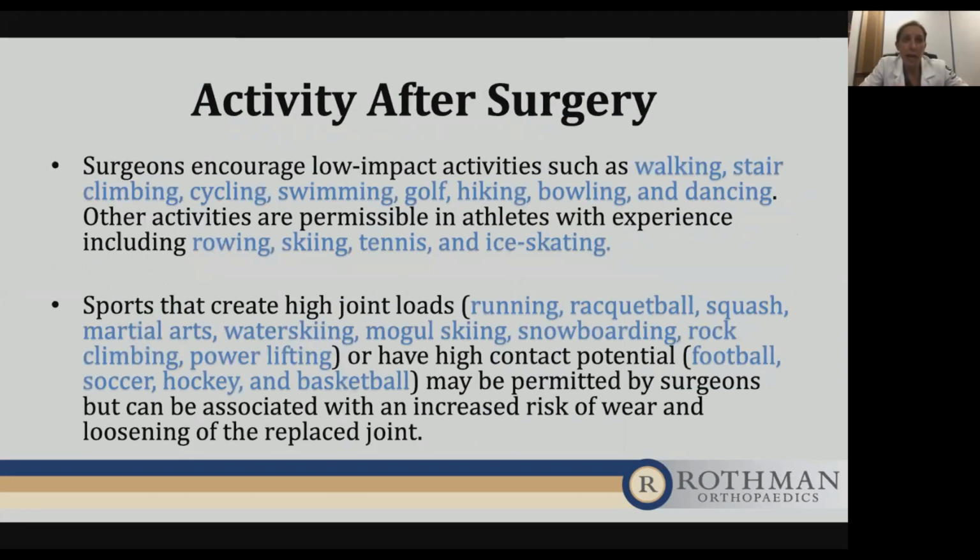If you look at surgeons across the country and even across the world, surgeons always will encourage low impact activities. So things like walking, stair climbing, cycling, swimming, golfing, hiking, bowling, dancing. These things are encouraged. Other activities are also encouraged in athletes with experience, and those would be things like rowing,